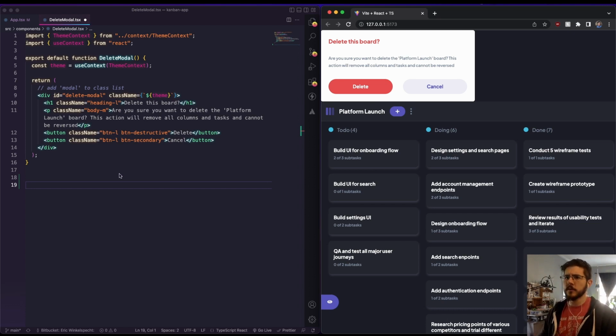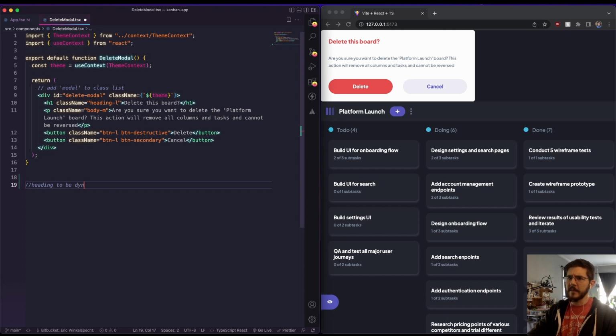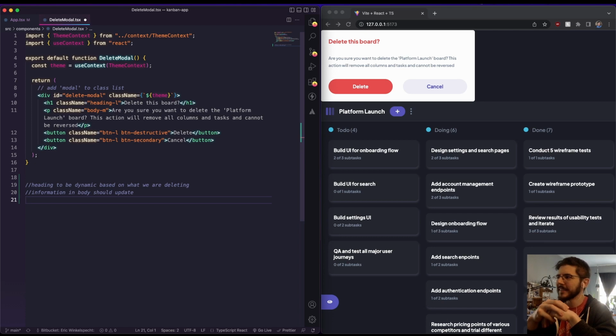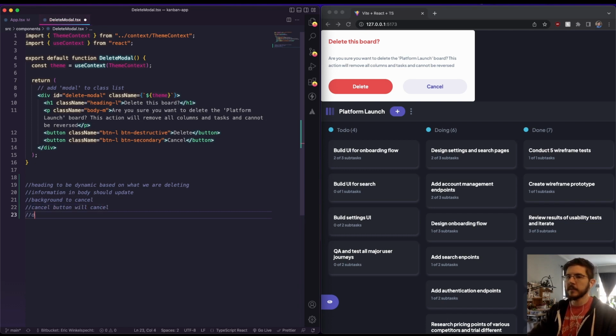But we're going to do a couple things here, and I just want to plan out what my functionality is going to be. So we know we need our heading to be dynamic based on what we are deleting. Information in body should update. Things are a little bit laggy on my end, trying to screen record at a higher resolution, so things actually are clear to watch in a video format. So we'll deal with that. And we need a background on this thing to cancel. Cancel button will cancel. And delete button